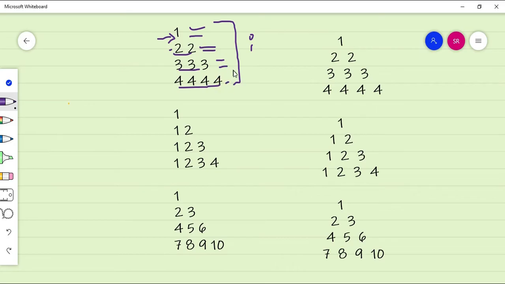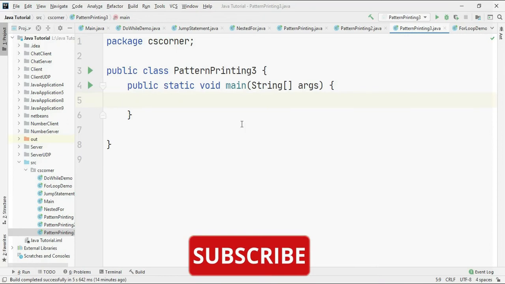So that means it is taking the value of the outer loop, because my inner loop gets changed depending on the value of i. So these are nothing but your outer loop value. So let me go to IntelliJ and let me write code for this.